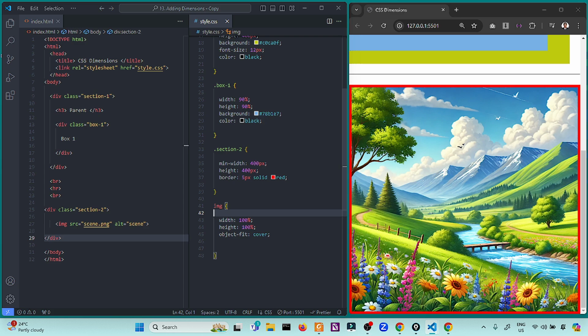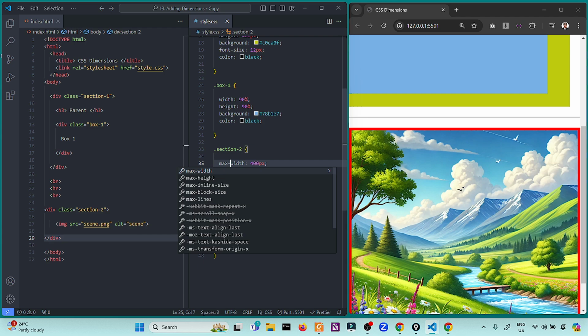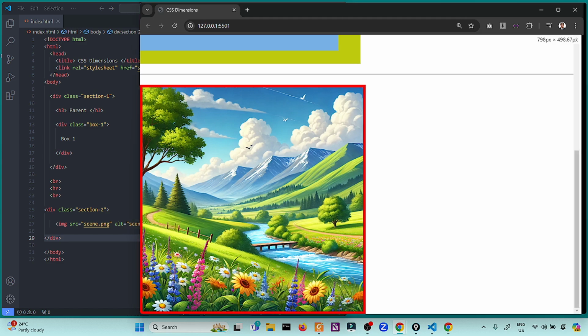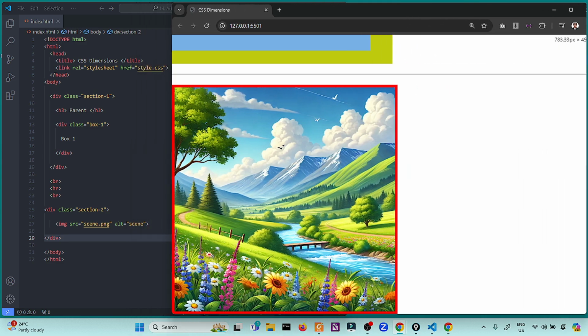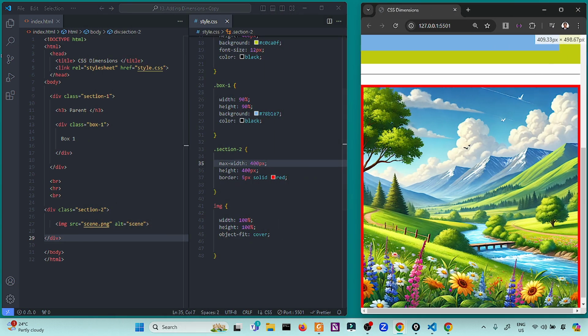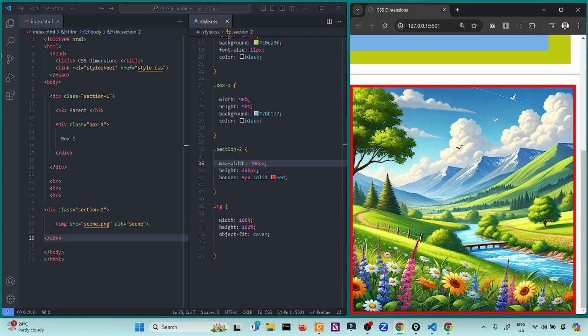So we use the minimum width, or you can use, for example, the maximum width, as you can see. It does not retain the responsiveness anymore because you are setting a max width of 400 pixels. Okay, so we have also a height of auto, but more on automatic settings.